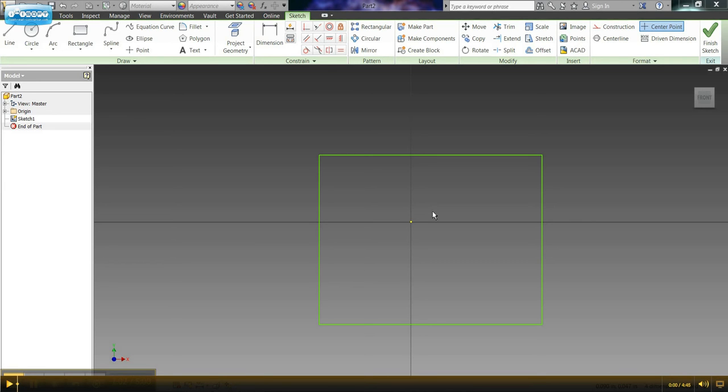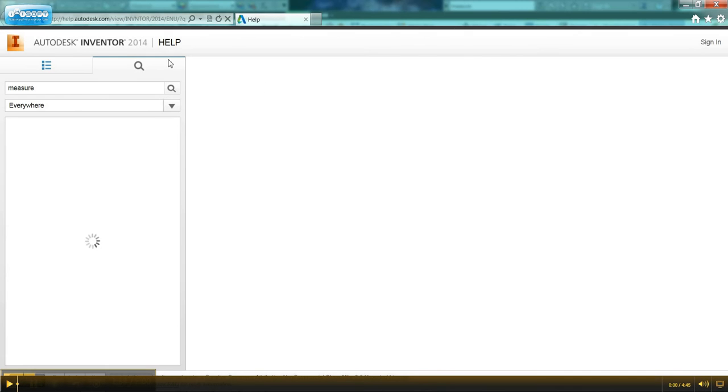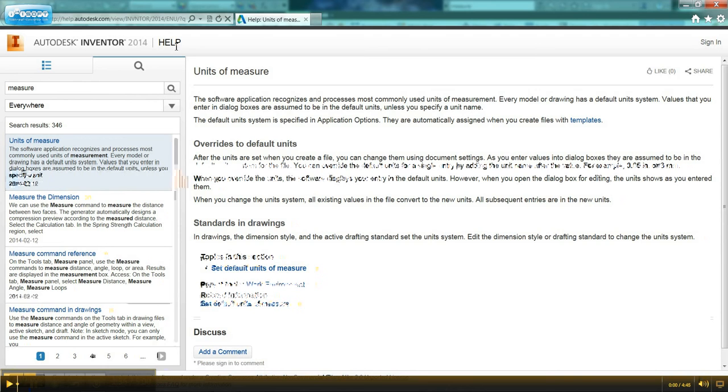So I've already watched the videos. It didn't help. I don't know what to do next. So I'm going to come up here to where it says type a keyword or phrase, and this is the help bar. And I want to type in just a keyword that describes whatever my problem is. And I'm having a problem with measuring. So I'm going to type in measure, and that is going to open up an Internet Explorer page for me, and it is going to take me to the Autodesk Inventor help desk,